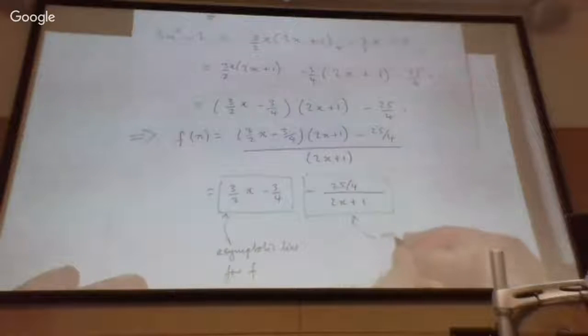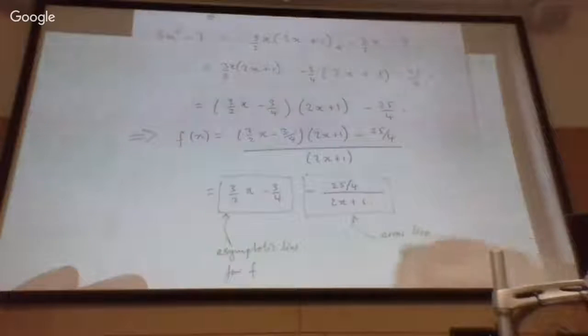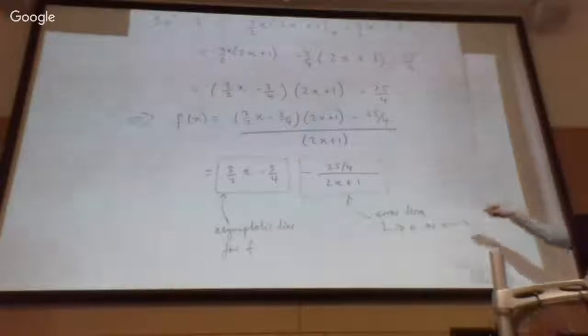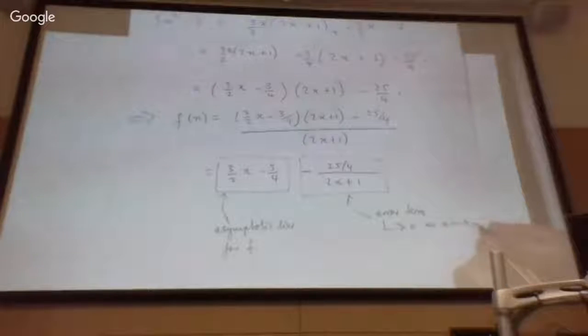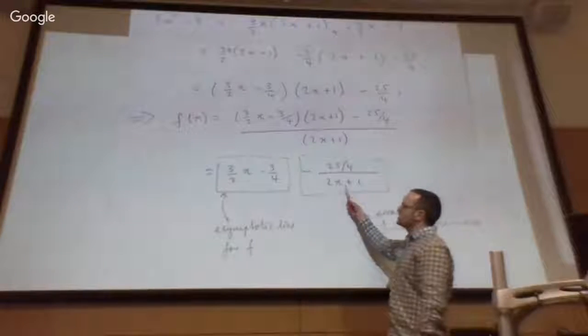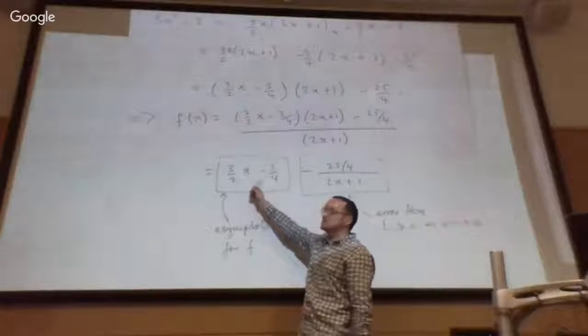And this is like some kind of error term, but the beauty of it is that it converges to 0 as x goes to infinity. It's a constant over 2x plus 1. So as x gets larger and larger, this error term, which measures the error between f and this straight line,